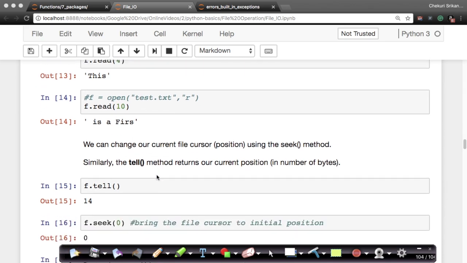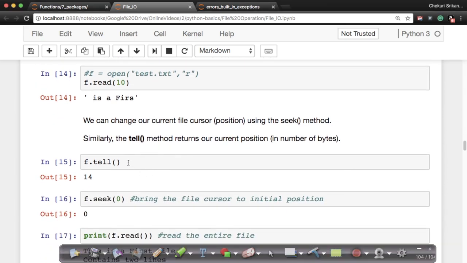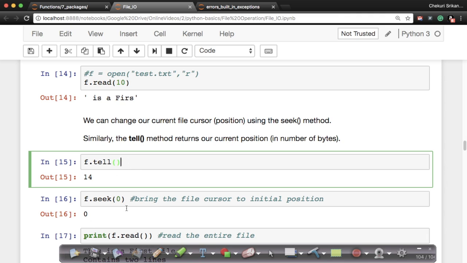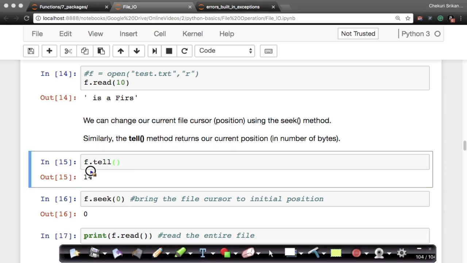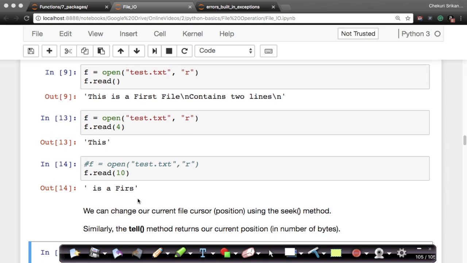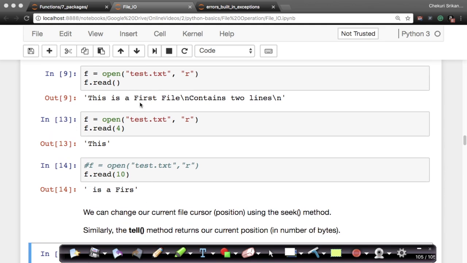Now I have a function called tell. Now I've read 14 characters roughly. So f.tell will tell me my current cursor location, which is 14. See where my cursor location is at the end of these two reads? My cursor location is here at the 14th location. Now if I want to move my cursor back to the start,